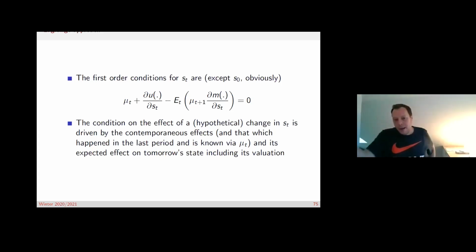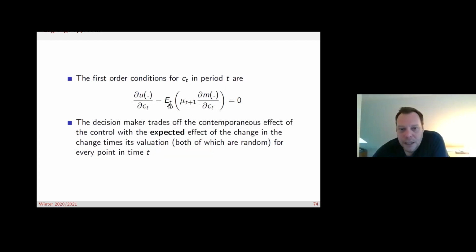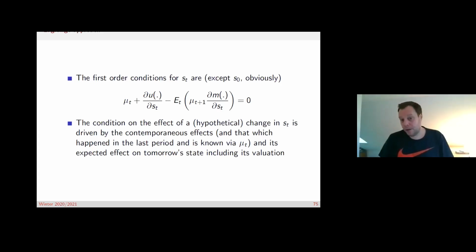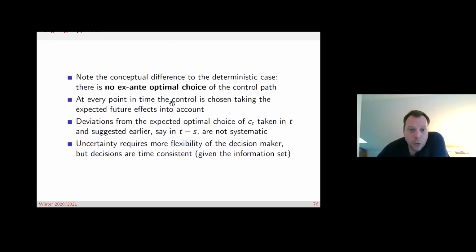And the only difference to what we had before, if you would look at it on a very ignorant level, then you would say, well, the only things that differ are this E and this E there. Okay, this is the only difference, and this just tells you that you have to trade off the contemporaneous effects that your choice has with expected future effects. Okay, this is the thing. And what you then would usually do is stack those first order conditions together again to get eventually